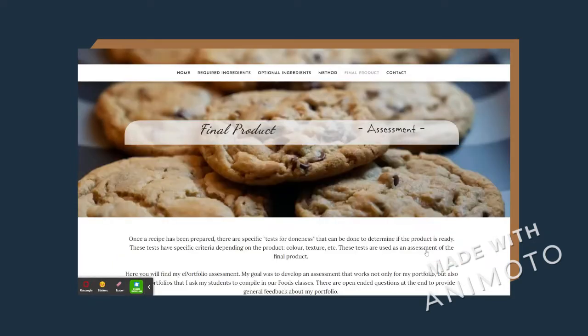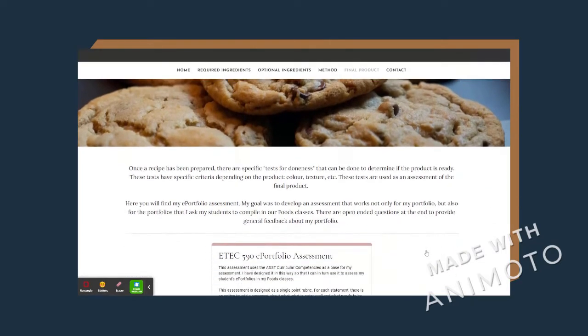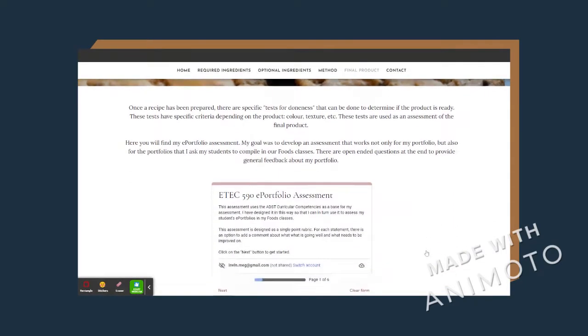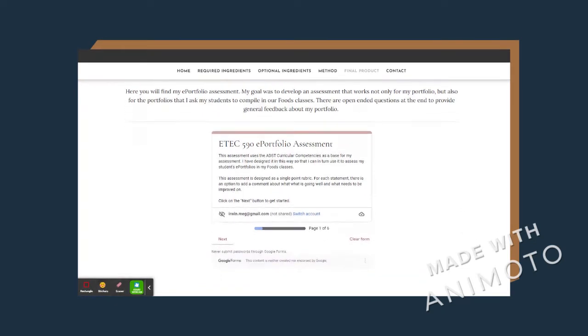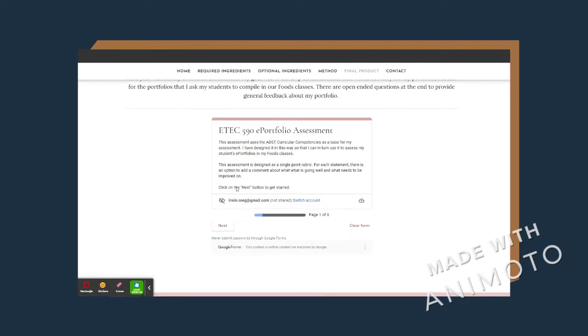I just want to highlight my assessment very quickly. So basically my assessment was designed as a single point rubric, but those aren't very user-friendly in terms of being fillable. So I've done it as a Google form. So all you need to do is you can log in,